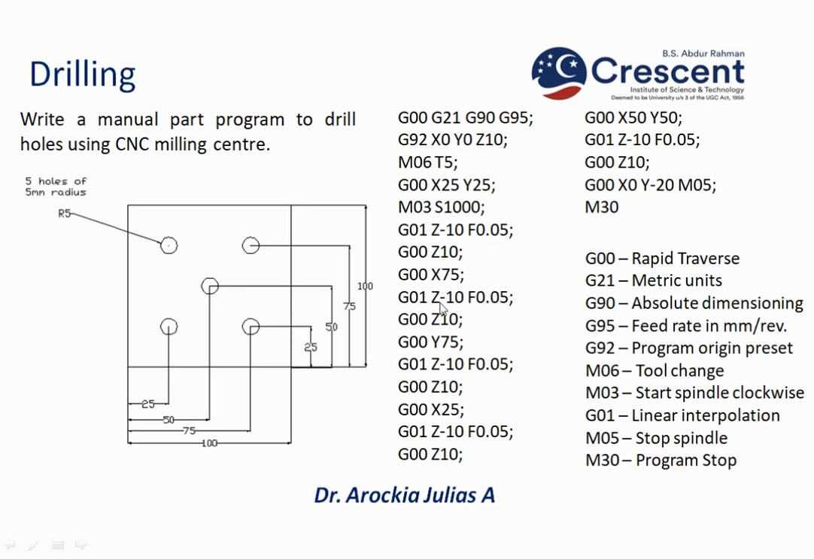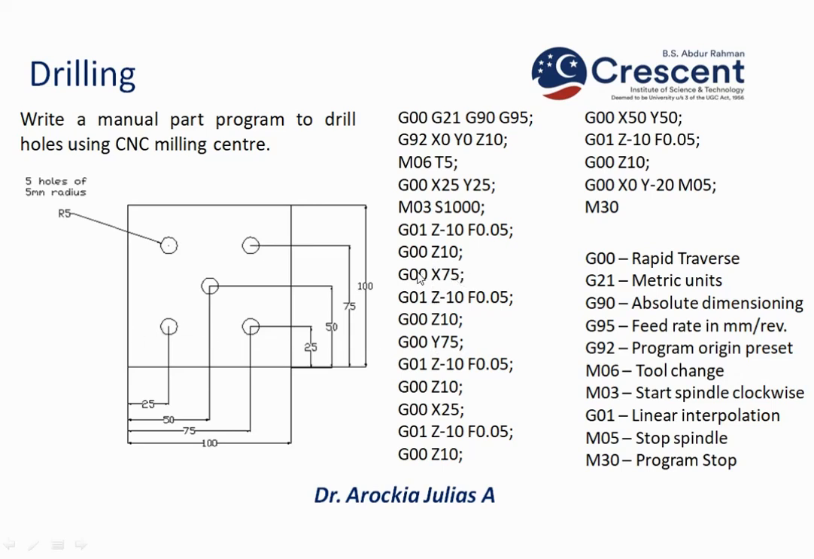We need not repeat that, because we are going to rapid traverse and then come back to linear interpolation. For this linear interpolation, we have to give that feed value. So G01 Z minus 10, F 0.05. Now after completing the drill, it retracts at rapid traverse, G00 Z10, and moves to G00